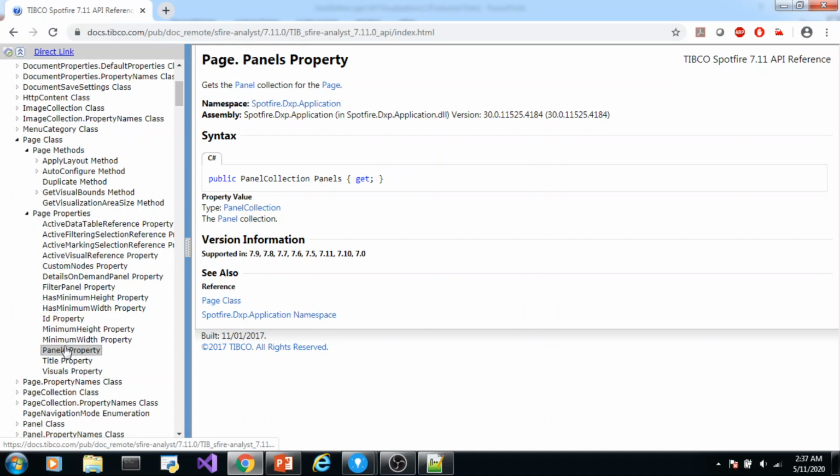So when you are accessing a set of visuals, you go page by page. That's why you write page 0 dot visuals, page 1 dot visuals, page 2 dot visuals. Similarly, for panels, a panel is present on each page independently. That's why you write page 0 dot filtering panel, page 1 dot filtering panel, or active page reference dot filter panel. Active page reference also refers to only one page, which is the active page.